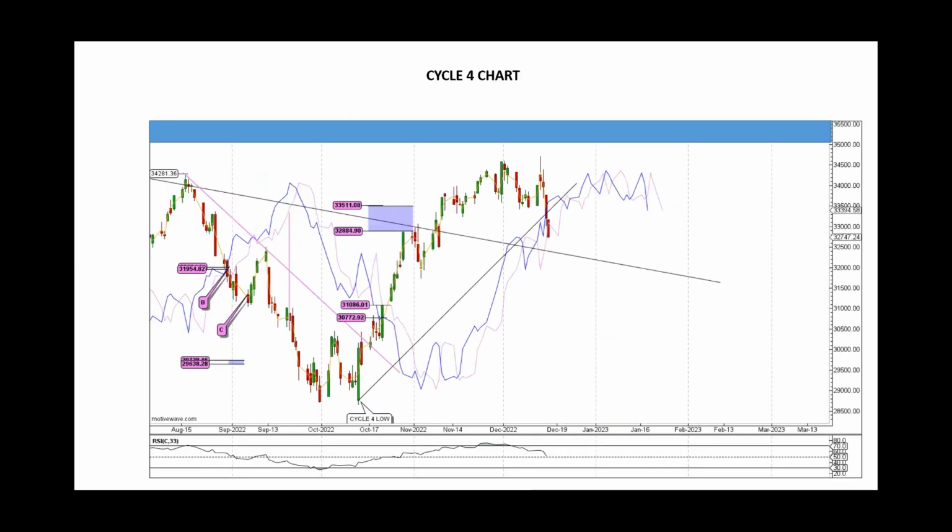Let's analyze the present chart. This chart represents the 80-day cycle. We have a crossing point at 30,772 and 31,086. Calculate the difference between these two points and the previous low. Add it to the crossing point. This gives you a potential upside target zone between 33,511 and